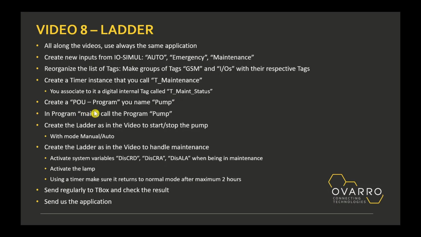You create a POU program you name pump, and in the program main you call this program pump. In the program pump you create the ladder as in the video to stop the pump with a manual and automatic mode, and you create the ladder as in the video to handle the maintenance with the activation of system variables, with activation of a lamp, and with using a timer to make sure it returns to normal mode after maximum 2 hours. Don't forget to send regularly the program to Tbox and check the